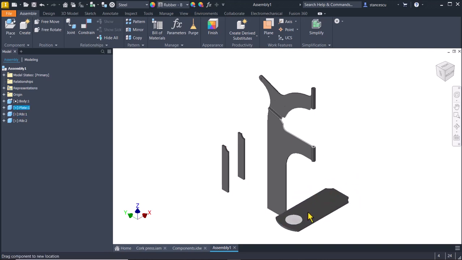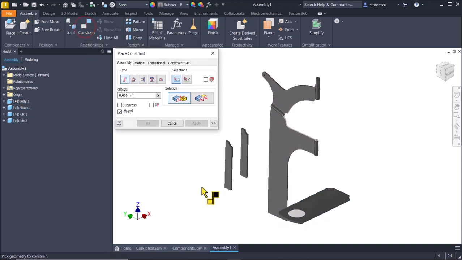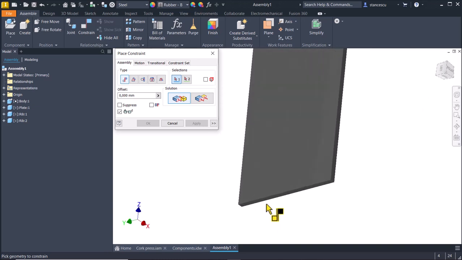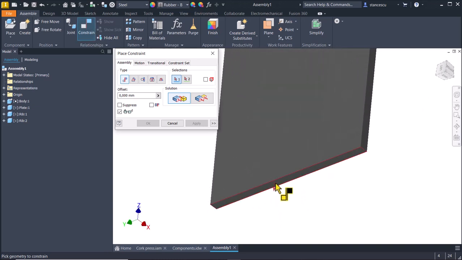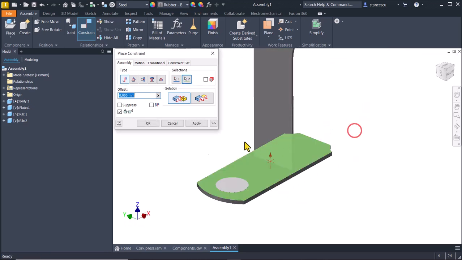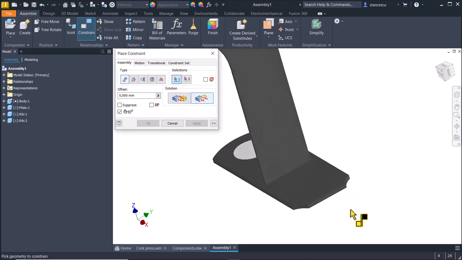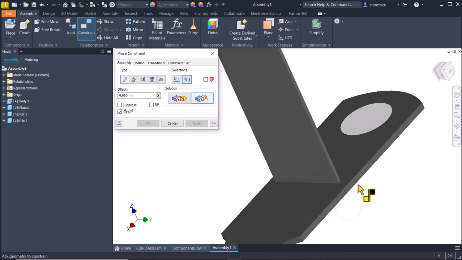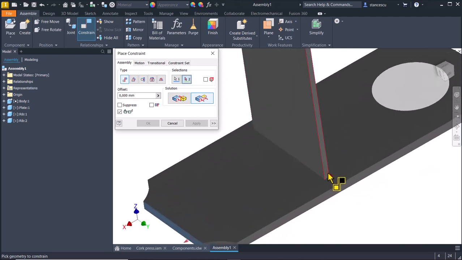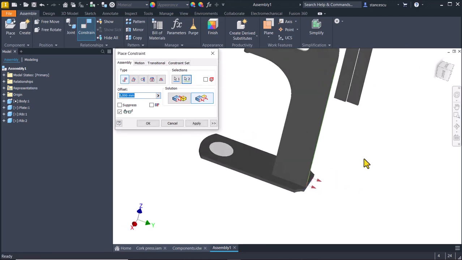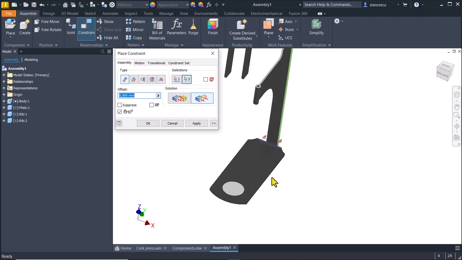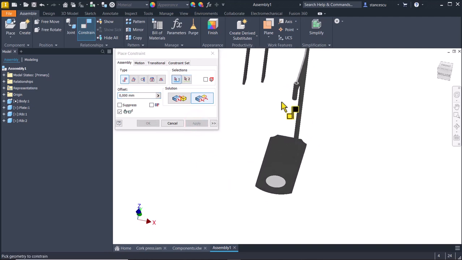This plate must be aligned with the end, but firstly let me place this on the plate, apply, then flush for this face and this back face. Apply. They have a common